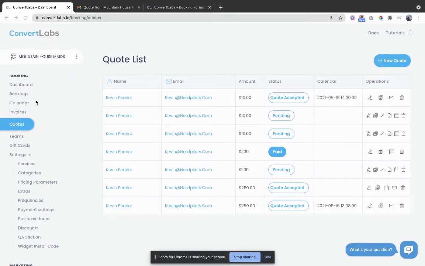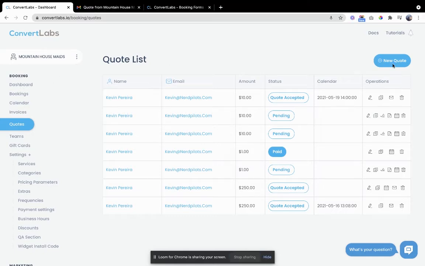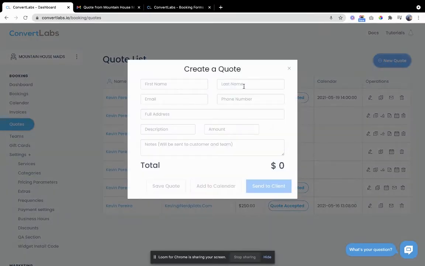I'm going to walk you through our new quoting system. So here in the menu, you'll see quotes, and you'll also be able to add a new quote directly from the dashboard. But when you click on a quote, here you can enter in the client's first name, last name,